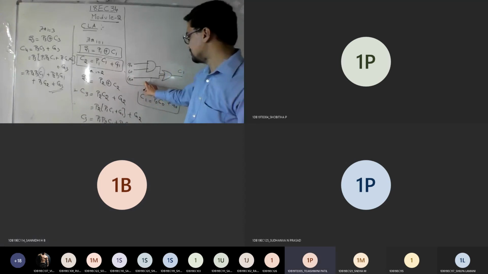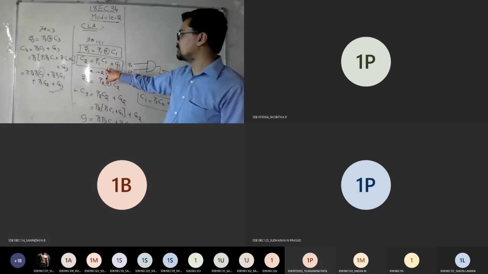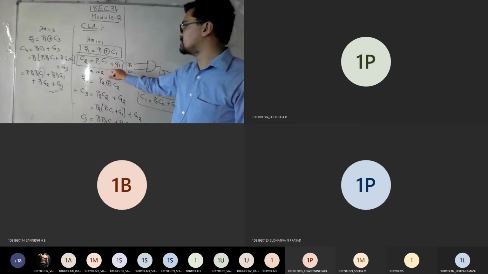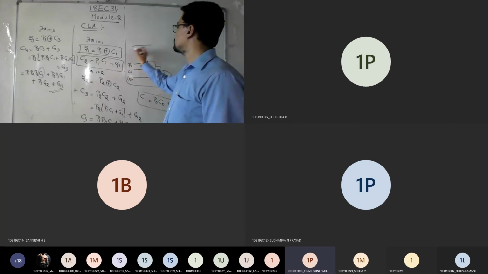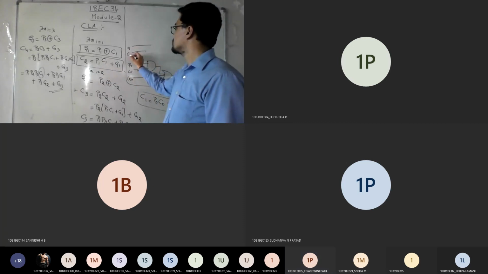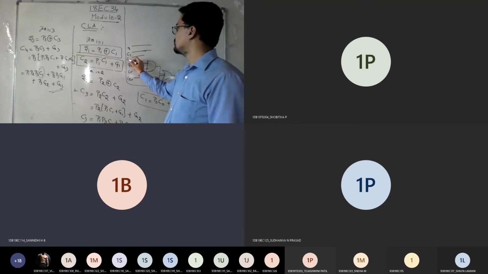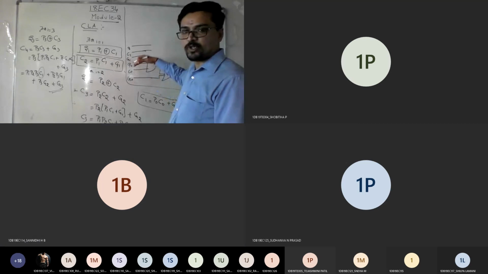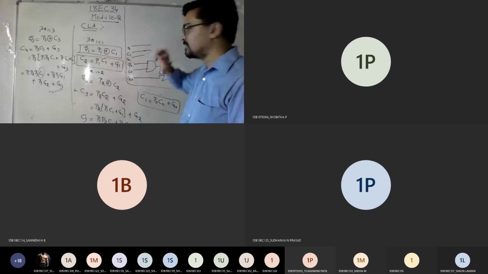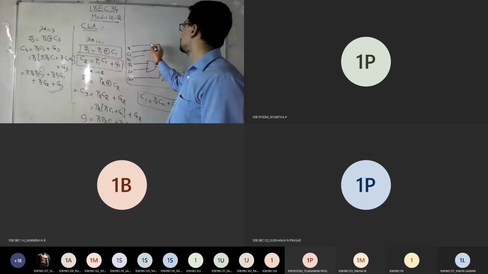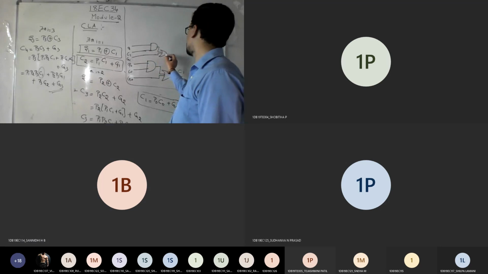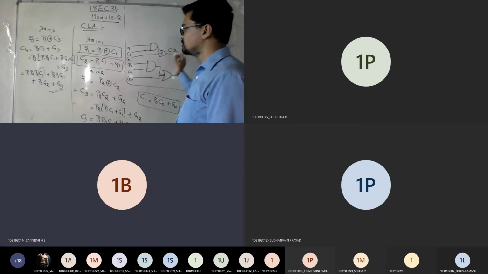Okay. Next, to get C2. So this is C2. You want P1, C1 and G1. So the same way, you connect P1, C1 and G1. See, in the order, let me go from LSB to MSB side. That's why I wrote it here. So the combination of this AND gate and this will go to the OR gate. So is it your C2?